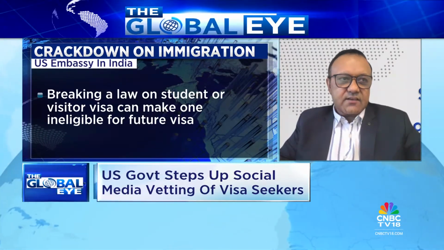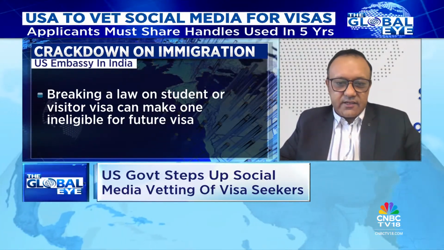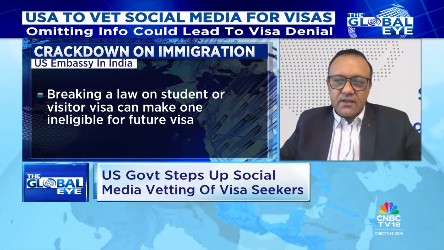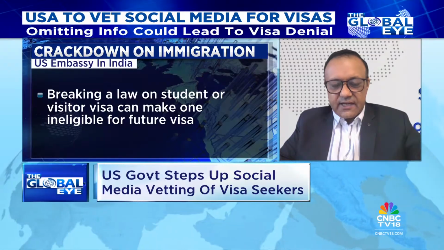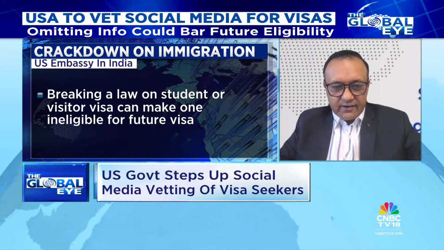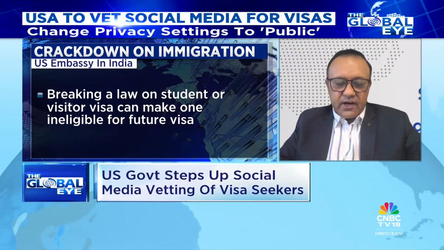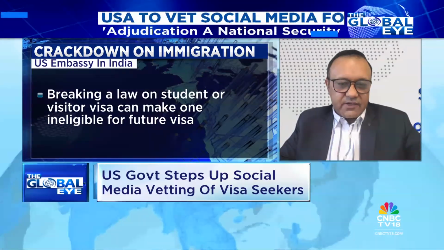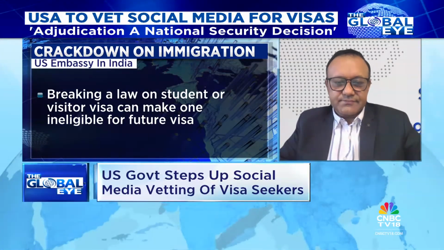So I think the students need to go and relook at their visa application, check what exactly is the reason being mentioned, and maybe take corrective action and then reapply. That is the only thing which you can do. As you rightly said, the US government is very clear that it's a privilege, not a right. So I would advise the students to be careful, do it right the first time. But in case you unfortunately get your visa rejected, do have a relook at your profile and look at the reasons mentioned and take corrective action and then reapply.